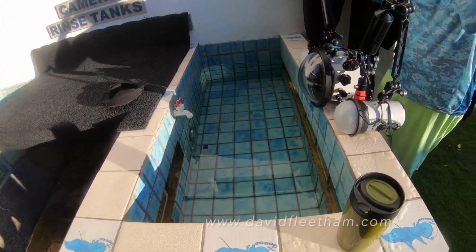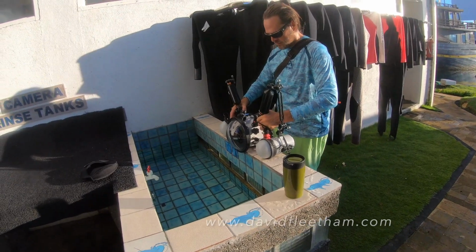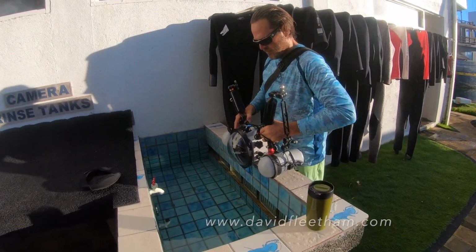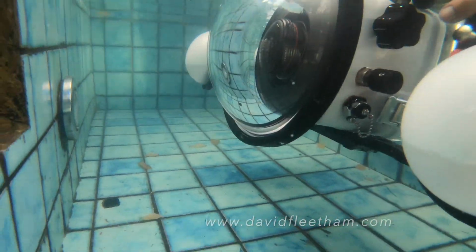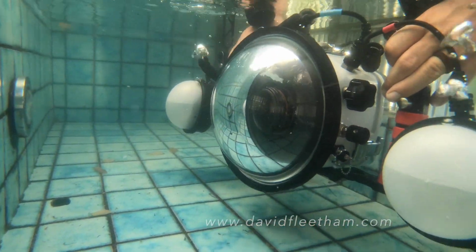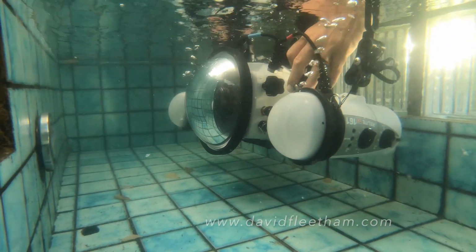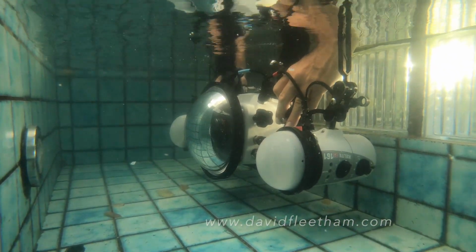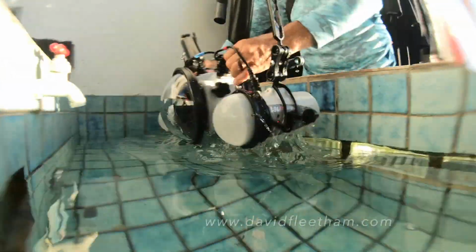Now, if you don't have a vacuum port on your housing, the other route is to take it and put it underwater anywhere you can. The rinse tank is perfect. And fire your strobes a few times while it's in the rinse tank to double check and make sure everything is functioning properly. And then pull it back out and have a look at it for leaks and cross your